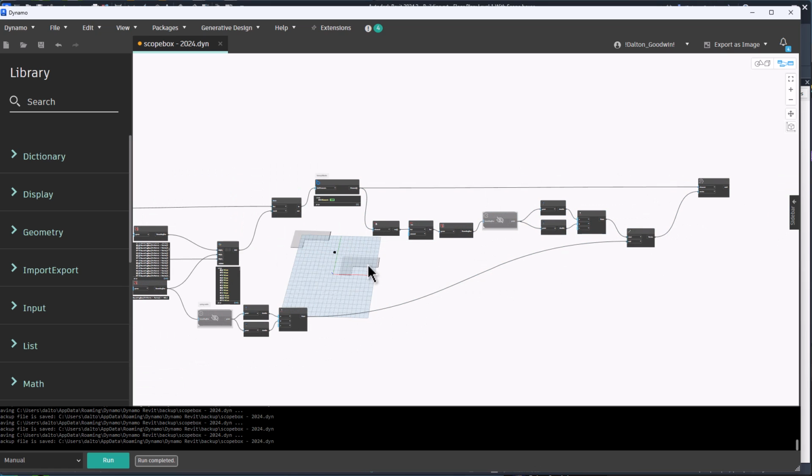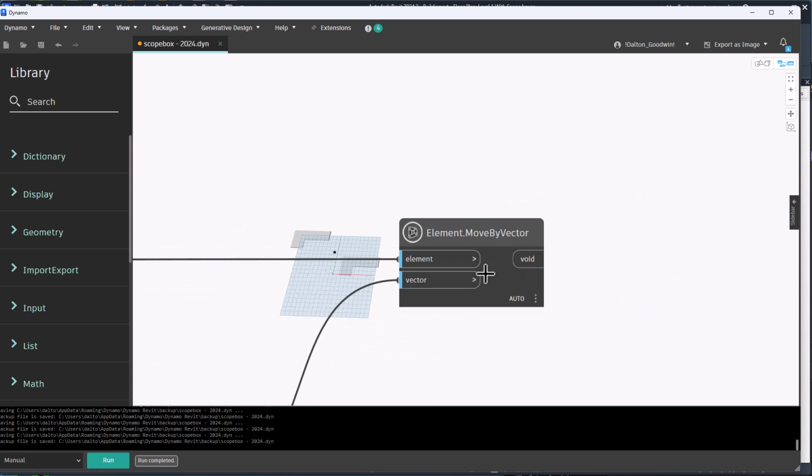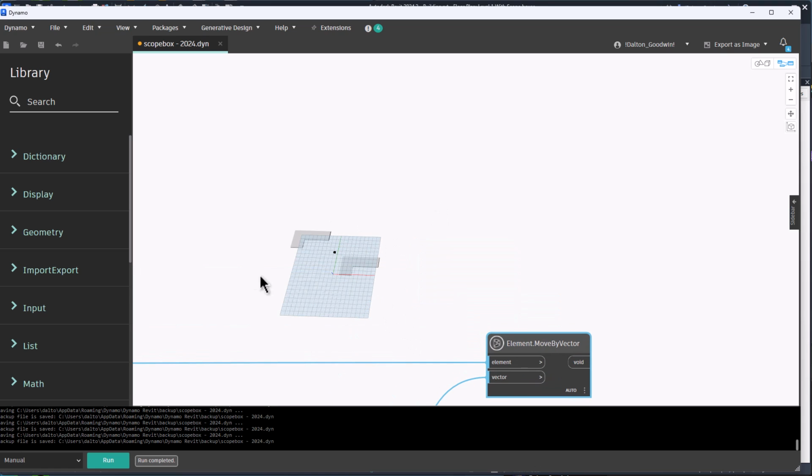We're just getting the locations of the floors, like the bounding box that the floors are in. We're trying to find the center point of that, and then the center point of the scope box that we're choosing. And then I'm just getting a vector from that, and that's what we're passing into this last node here so that we can take the scope box that we've copied in and move it to the correct location, which in the background you can see would be where it's got all of the floors in